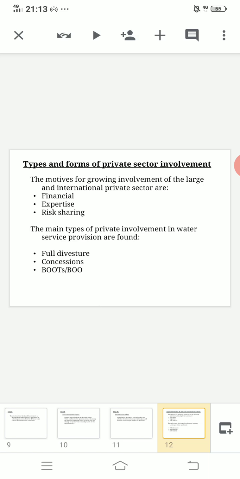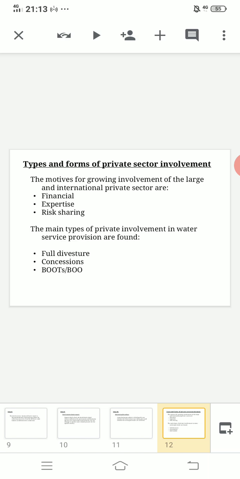Sometimes it works out with contracting out. The least controversial form of private sector involvement is where a water undertaking subcontracts certain functions to private firms, for example meter reading, even when water services are provided by the public sector. I mean, contracting out only for meter reading. Water meter reading is given to the private. Rest all is managed by the public.